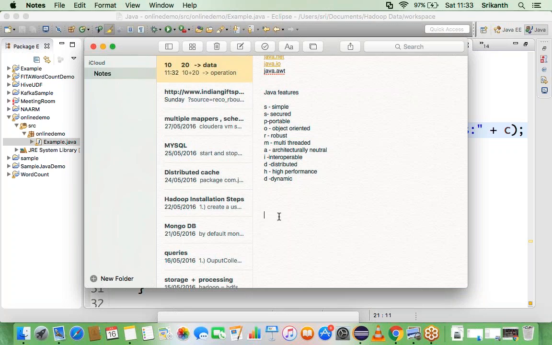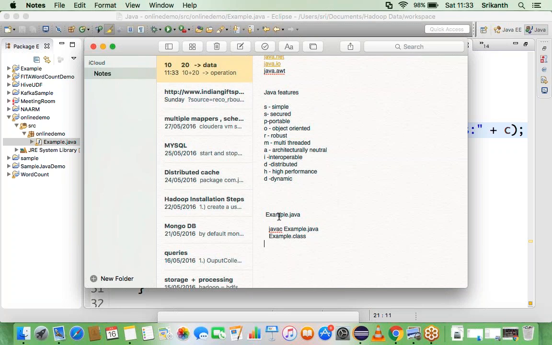So every program you write, for example, if I have written an example program, that program has to be saved with a .java extension. How can I compile my program? Using a keyword called javac. Since you are executing in Eclipse, you are not actually typing these commands. But when you run this program using the command line prompt, you generally have to compile it like this. Javac means Java compiler, and give the program name. What happens is this program automatically gets converted into Example.class. Example.java will be converted into